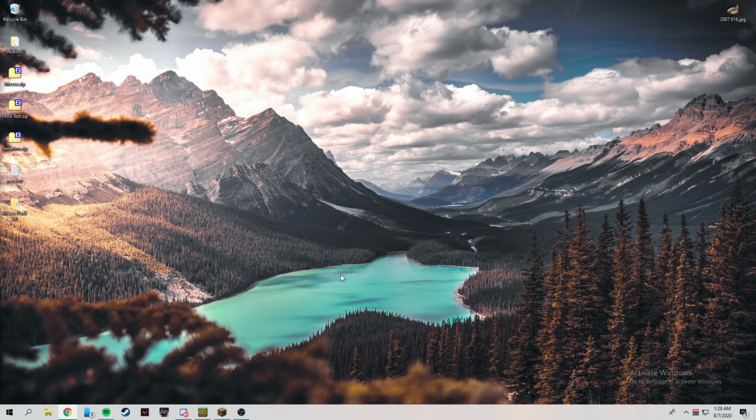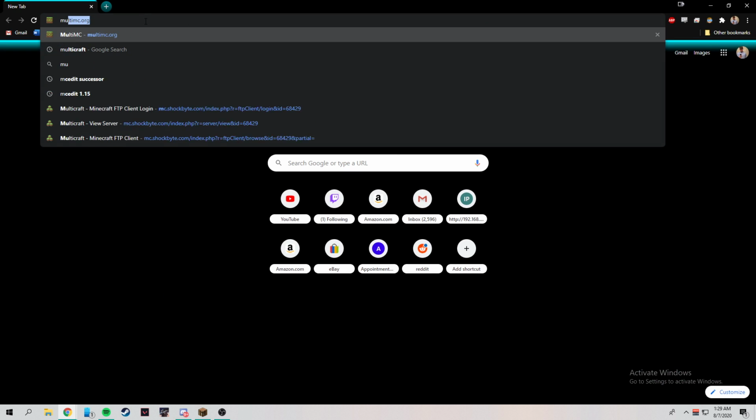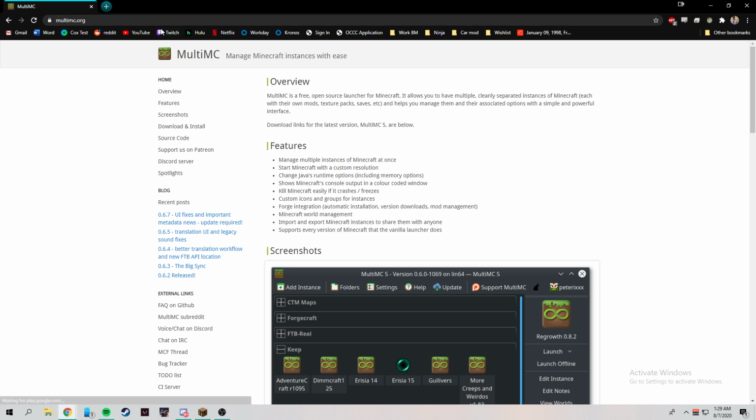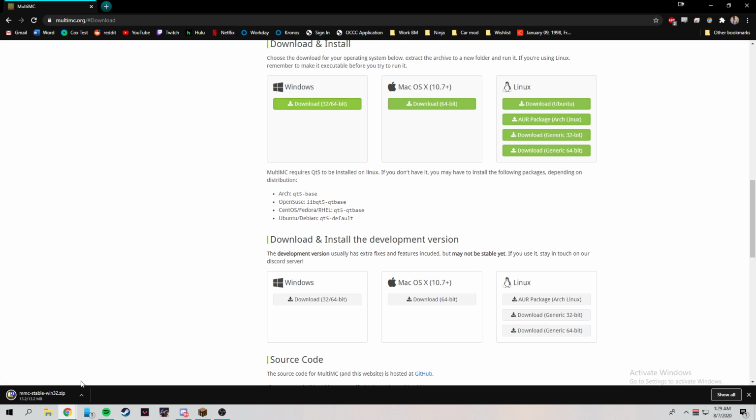Alright, ladies and gentlemen, easy peasy tutorial on how to install what we're going to need for the server. So, just get a Google tab open, type out MultiMC, go to the download and install, download for Windows, click it, and then you can click this little arrow, show in folder,